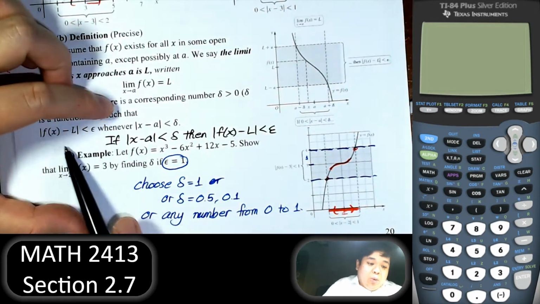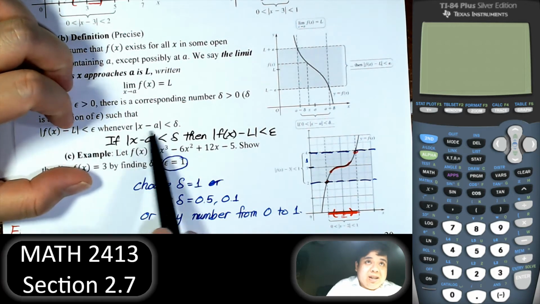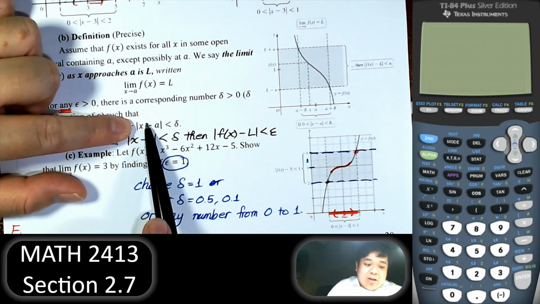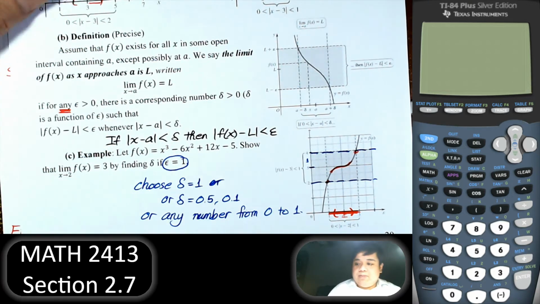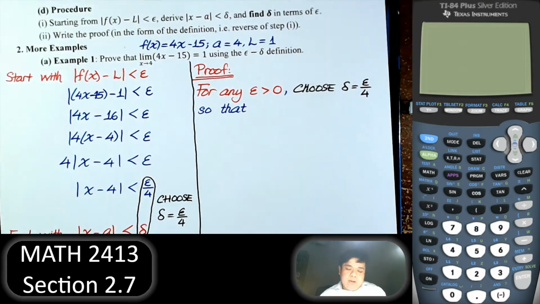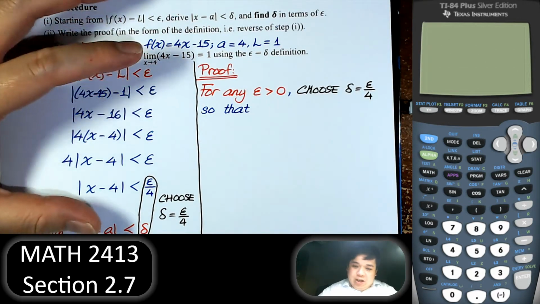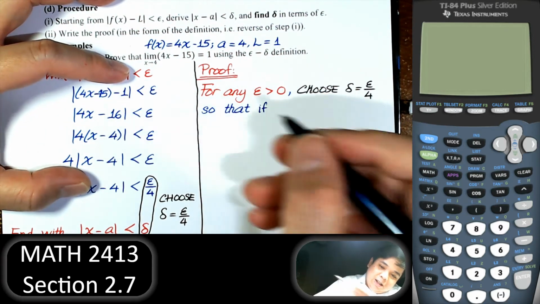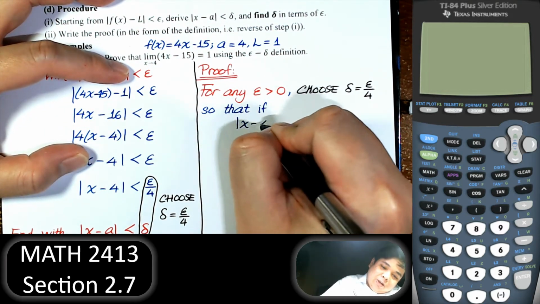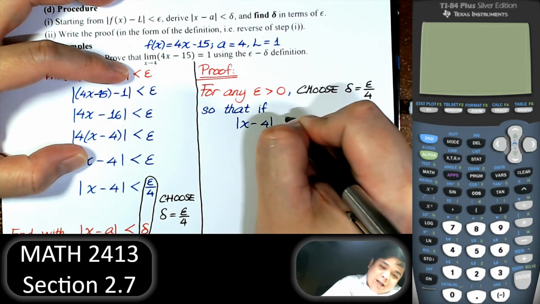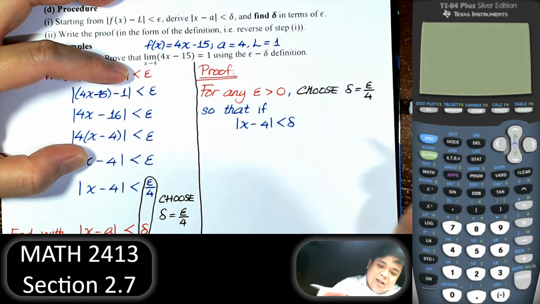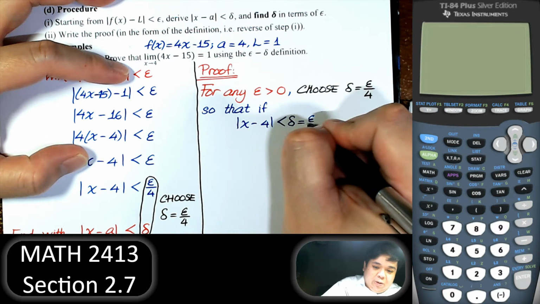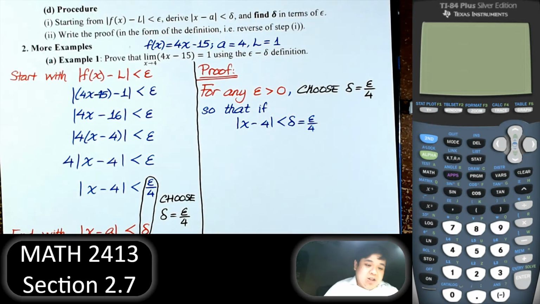So when we write whenever this happens, meaning if this happens, then we have that. So now we just write in reverse. So that if |x - 4| less than delta, which is equal to epsilon over 4,